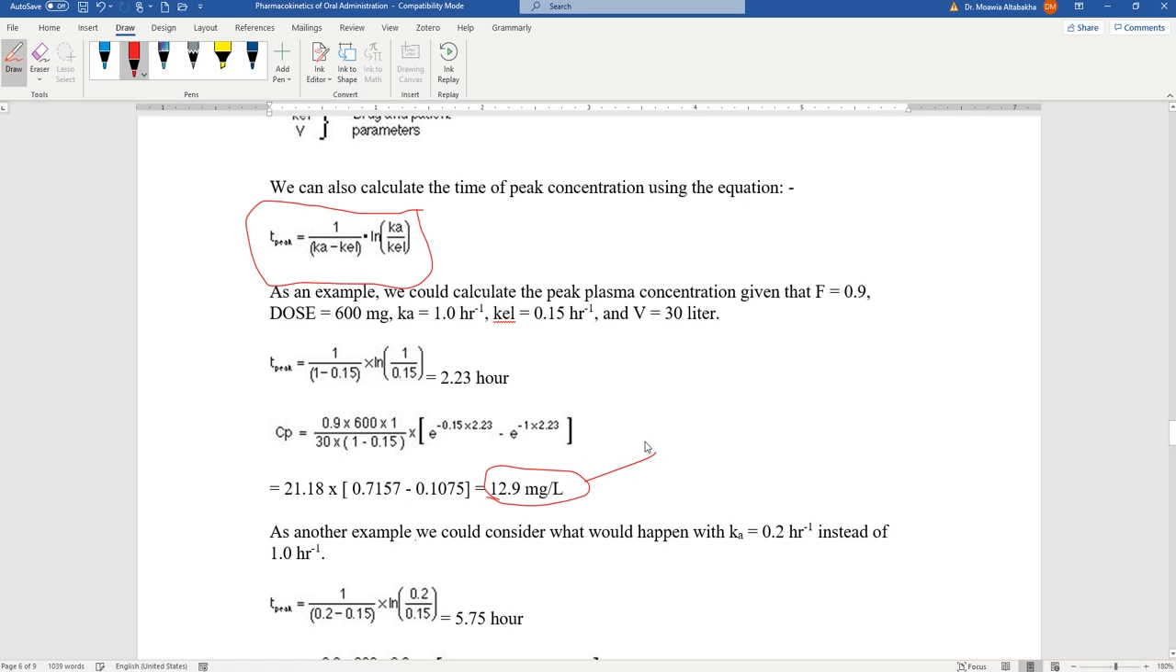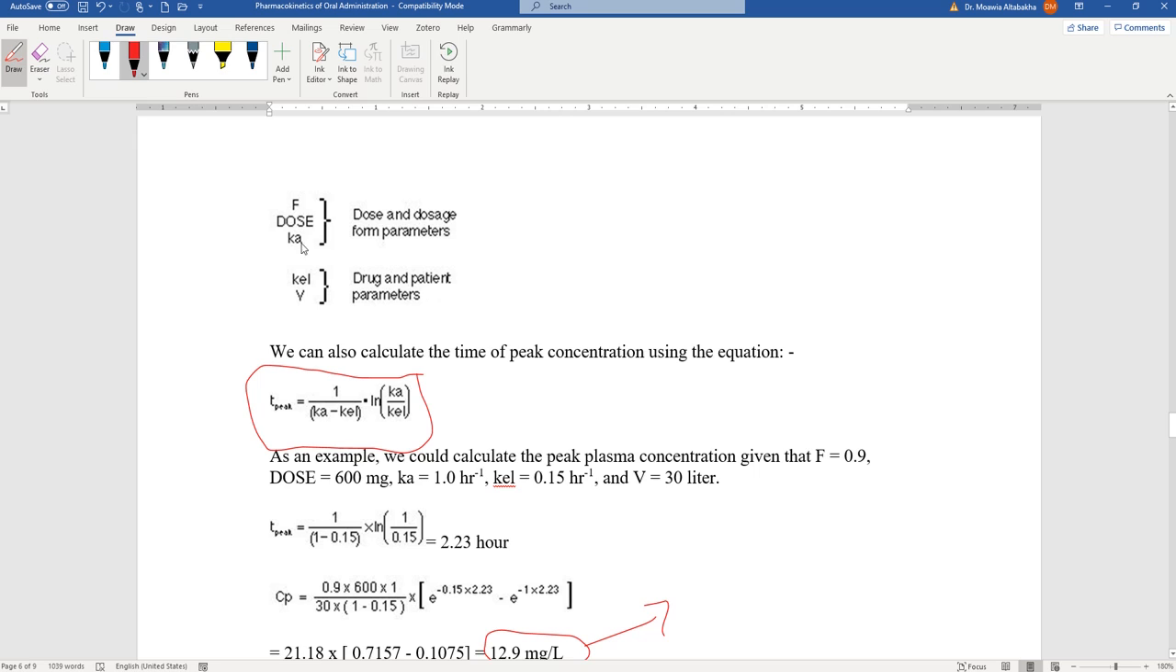Of course, I would like this to be therapeutically effective and not toxic. Okay, effective and non-toxic. Now consider that Ka has changed. Why did Ka change? Maybe because of a change in the formulation. So let's say Ka changed because of a change in formulation,